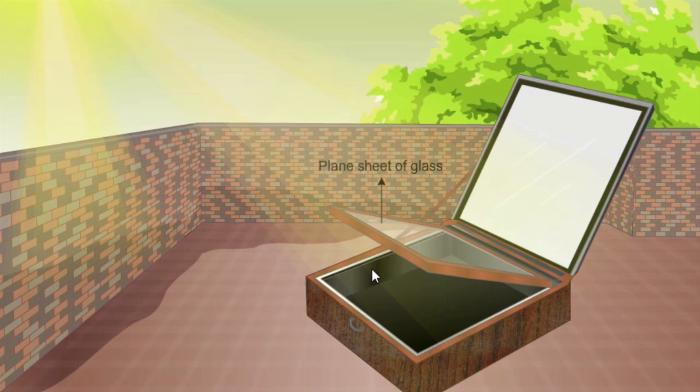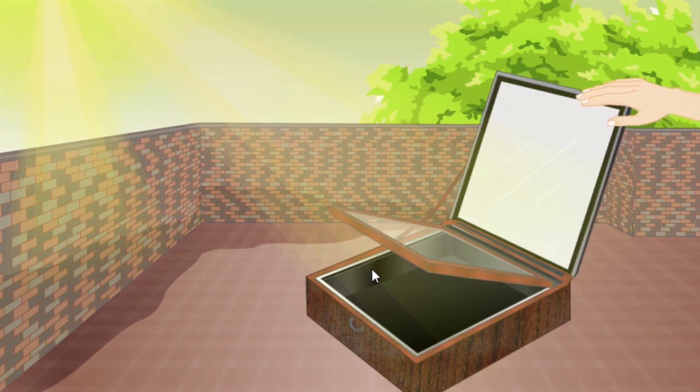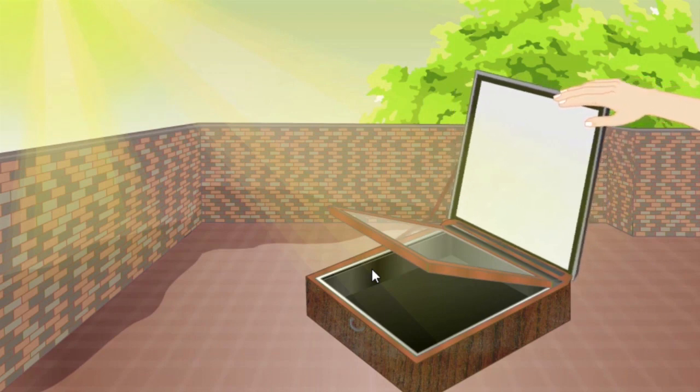This glass sheet in the lid allows the solar energy to enter the box but does not allow it to flow out in the form of radiant heat. So the function of this is very important. To the upper side of the box is attached a plane mirror with the help of a clamp. This plane mirror can be adjusted at any angle so that the solar energy could be reflected into the box.